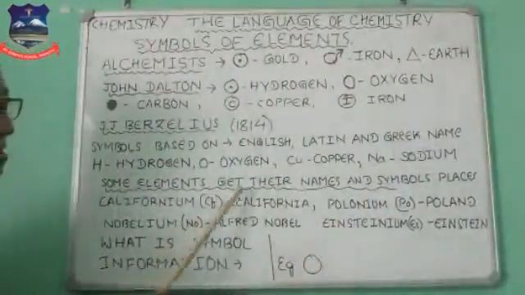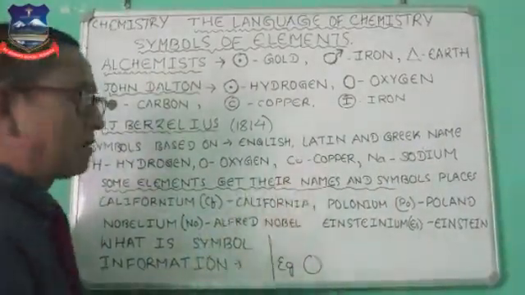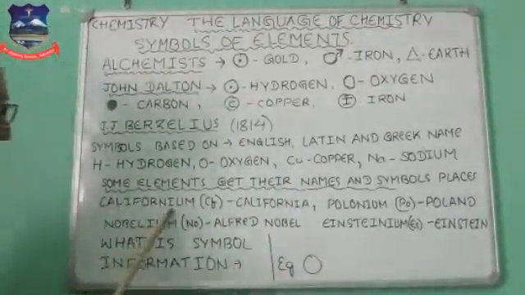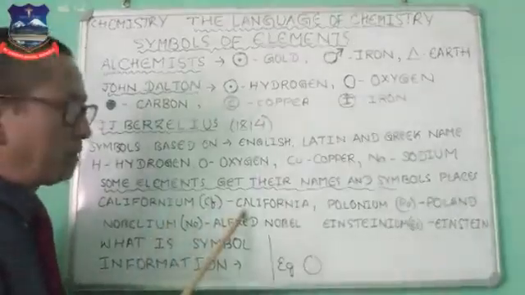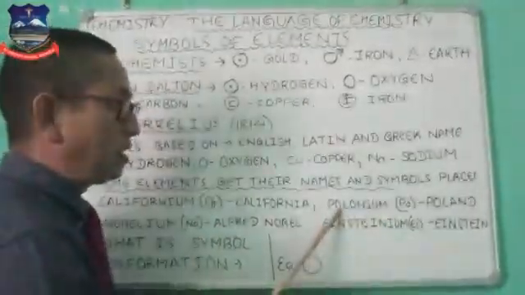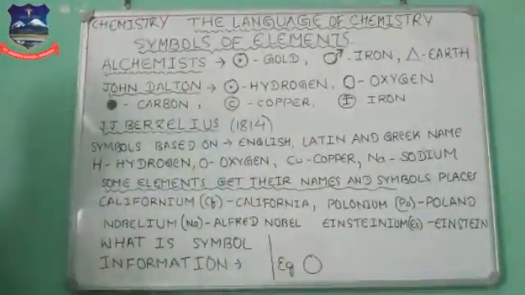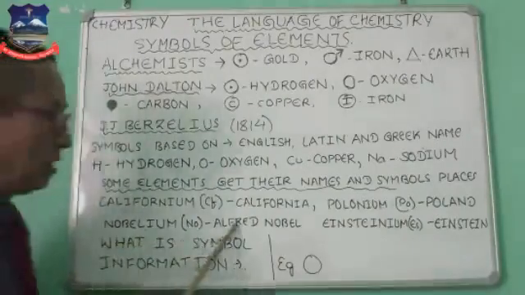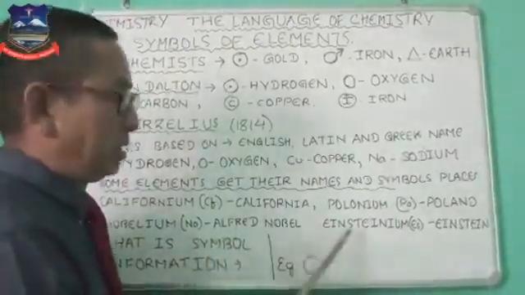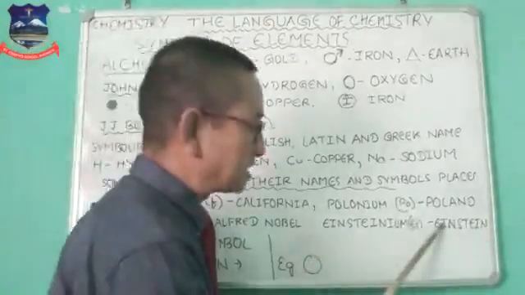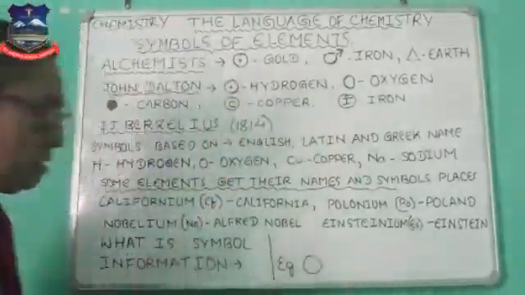Some elements get their names and symbols after places. Like Cf is the symbol for californium, after California. Po is the symbol for polonium, after Poland. And some of the elements get their names and symbols after famous people. No is the symbol for nobelium, after Alfred Nobel. Es is the symbol for einsteinium, after Einstein. From here it is clear,